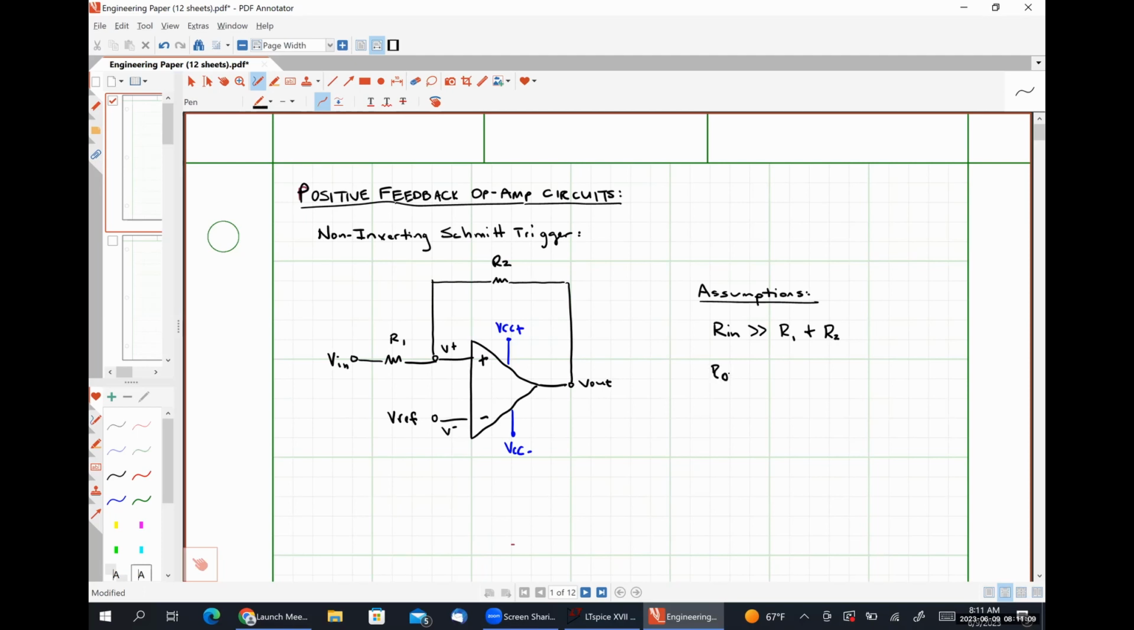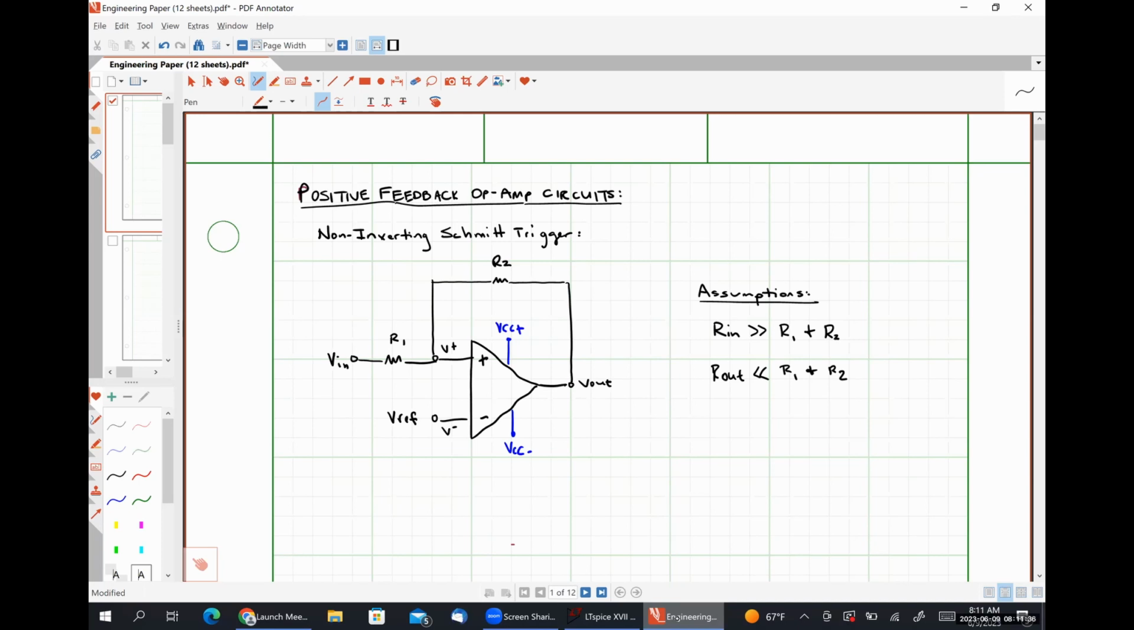Additionally, our output resistance should be significantly smaller than R1 and R2. So since the typical output resistance for an op-amp is on the order of tens of ohms or smaller, and we use kilo ohm size resistors to bias, once again,